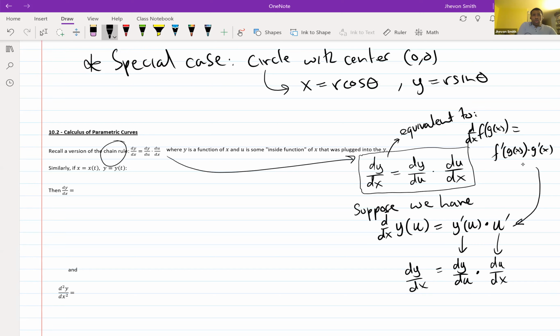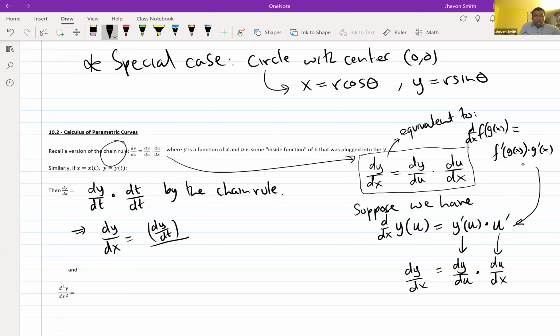So what we're going to do when we want to talk about the derivative dy dx, the other variable that we're interested in is t. What we can think of is, think of the t as the inner function. And so we can say that the dy dx is really dy dt times dt dx by the chain rule. And so I can actually rewrite this a little bit to get that dy dx would be equal to, well, dy dt. And then if I take this, that should be dt dx. And if I just think of this dt dx as a fraction, flip and bring it in the denominator,